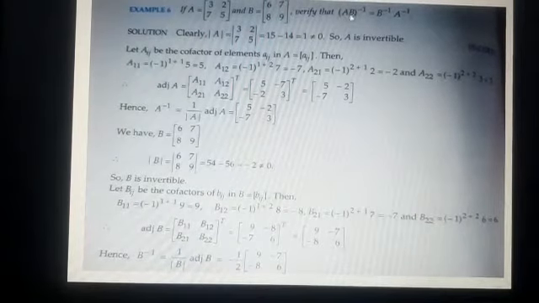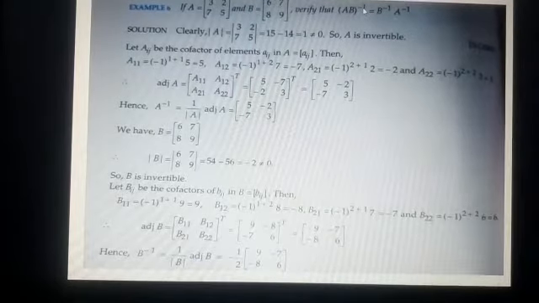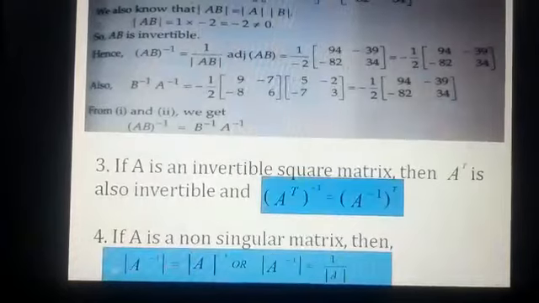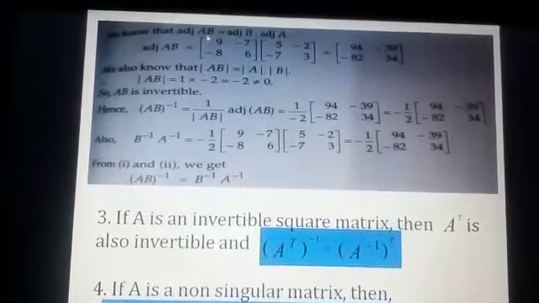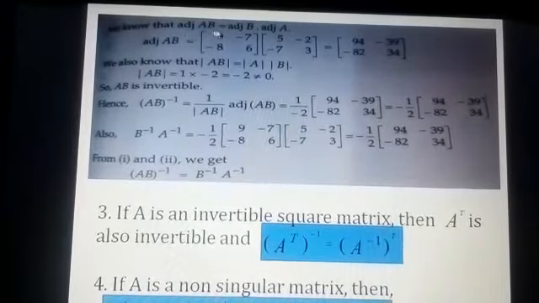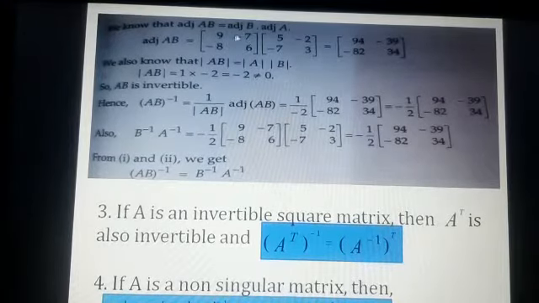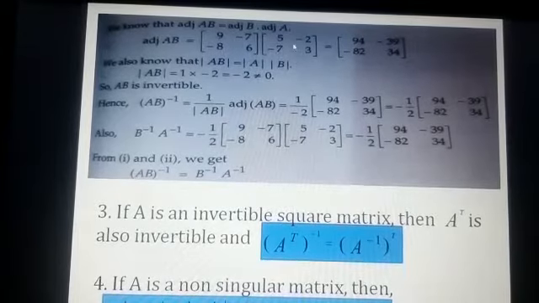For the left-hand side, we have to find the product AB, then we have to find the inverse. You can do it in this way also, or as given in this particular example, you can use the property. This is the property: adjoint of AB is equal to adjoint of B into adjoint of A. We have already found the adjoint of B. That is why they have used this property, adjoint of B into adjoint of A,